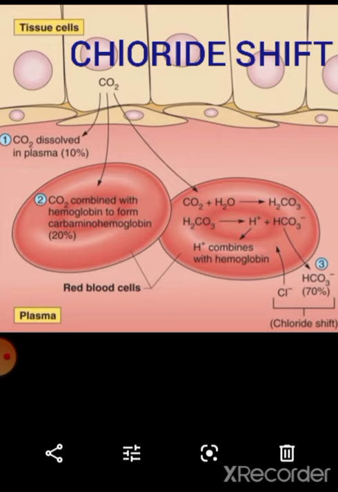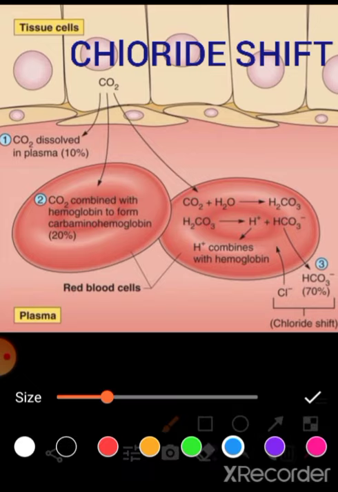Okay, so because of the enzyme carbonic anhydrase, the formation of carbonic acid takes place after the carbon dioxide reacts